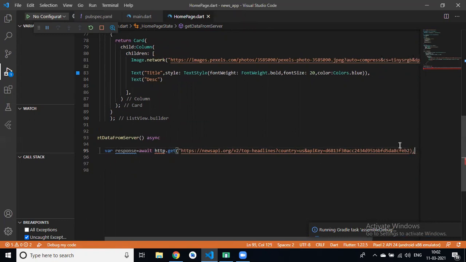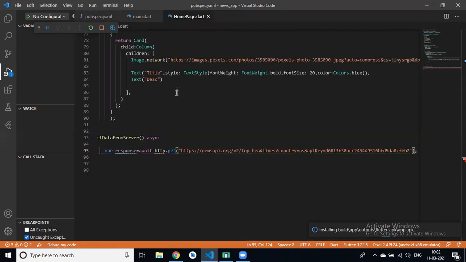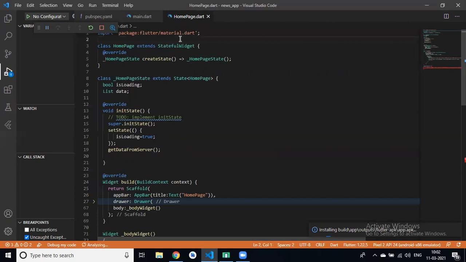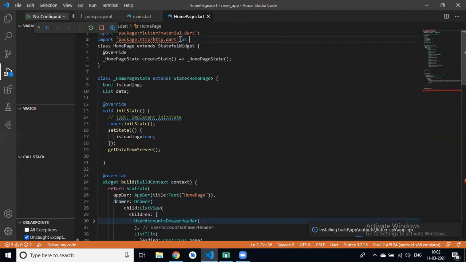Okay, but HTTP throws an error. So you have to add it in pubspec. Yes, I have added it in pubspec. But first we have to import this, right? So import the HTTP package, right? Yes. Add HTTP.